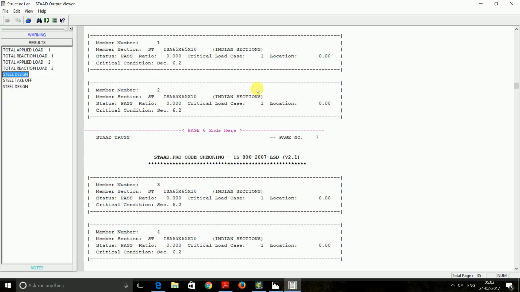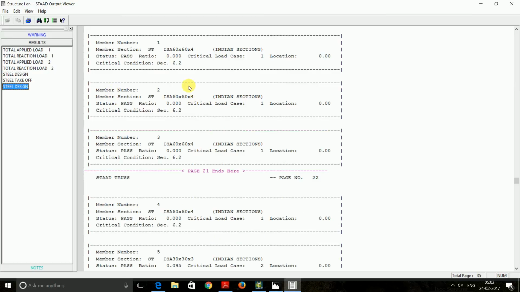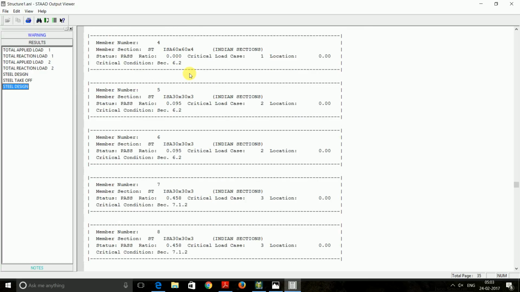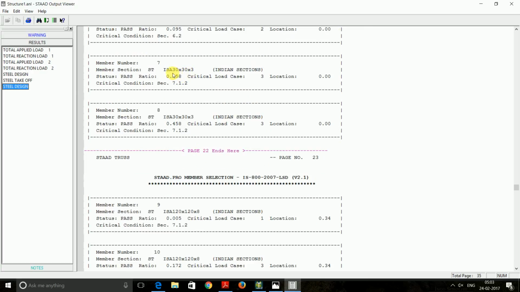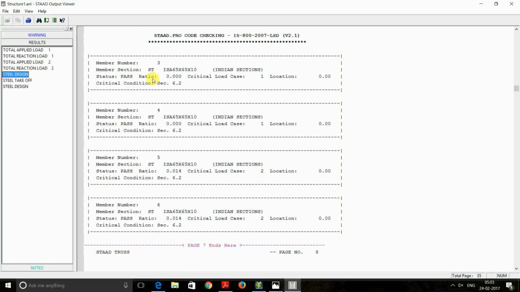In steel design, you could see in member 1, particularly member 1, there is no force as such. So this is basically a zero force member. So that's why you could see here all is pass and the utility ratio is 0.95. As you go on increasing the section, you could see here in member 7 particularly, we'll go to member